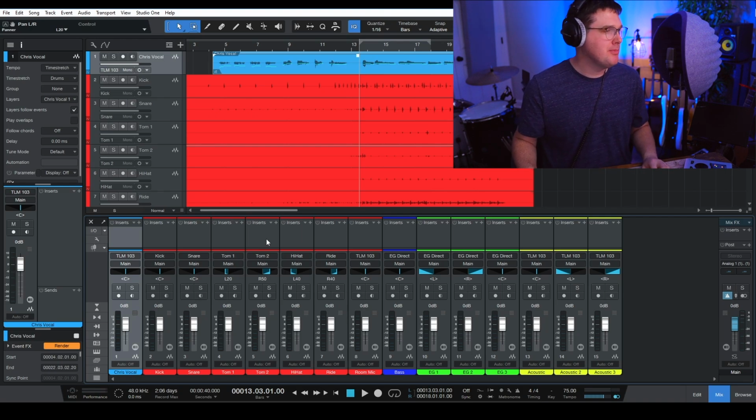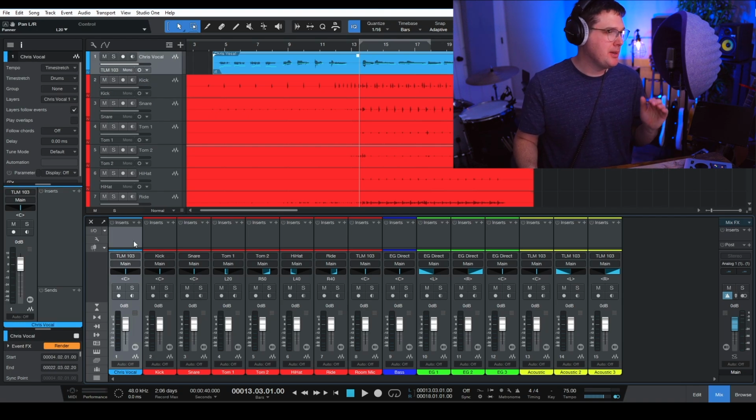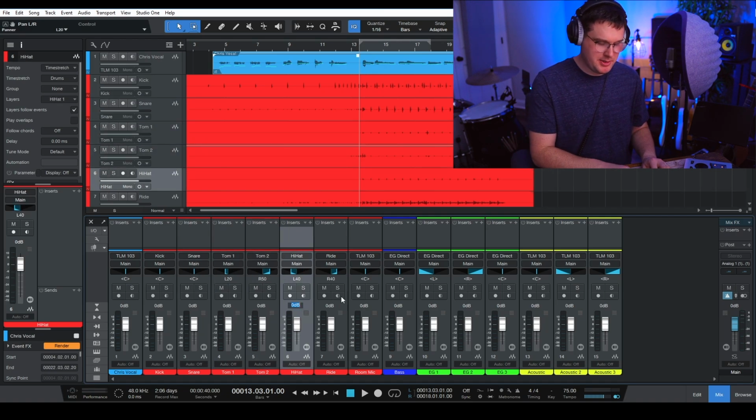The easiest way to mix is essentially to move the faders to where you want to prioritize the mix. Since we've gain staged, I can set my vocal to 0 dB, and then I'm going to go through each of the tracks and tell it where the fader needs to be. I'm going to keep the kick and snare at 0 dB. I'm going to keep the toms at 0 dB, but the hi-hat and the ride cymbal, I just want to hit